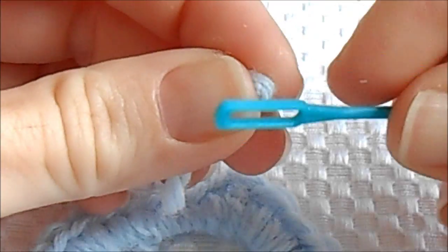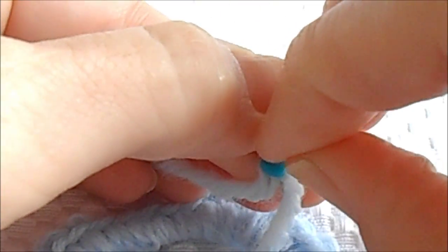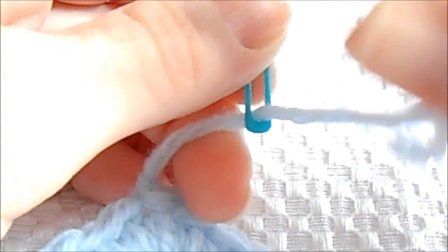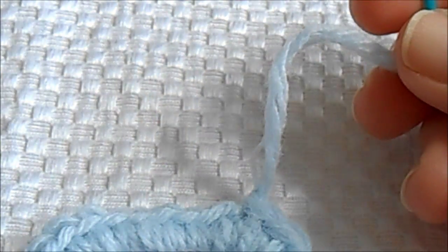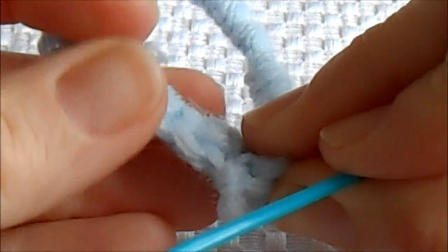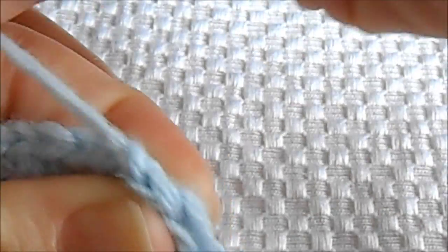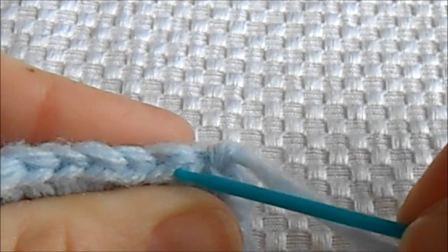Thread your yarn needle. I just have a plastic one that came with my knitting machine. You can purchase metal ones, which I actually like better. I have a big tapestry needle that I like to use, but I'm using this one for today. And what I'm going to do then is I always want to go across that loop that I just made. So I'm going to go in here like this,